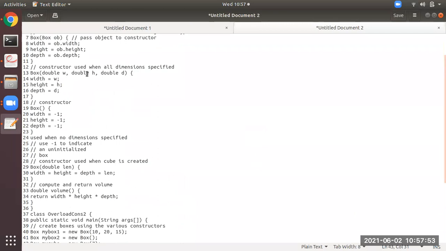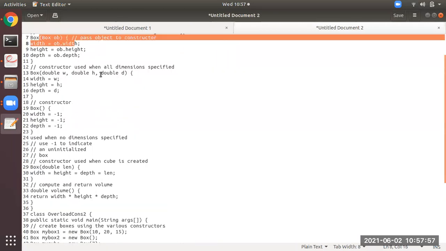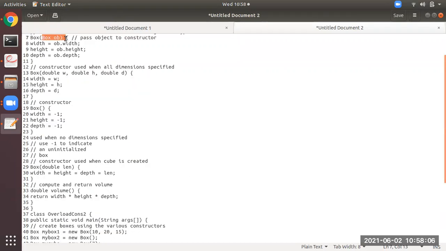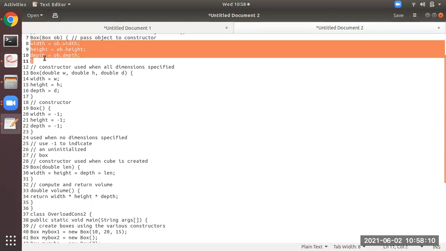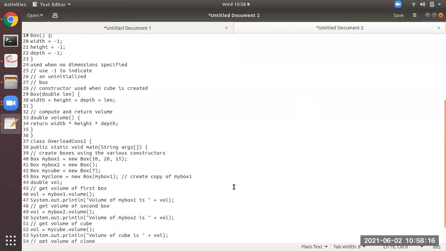So what will line number 7 receive? See here, my box 1, which is passing 10, 20, 15. So over here OB will receive the values of my box 1, 10, 20, 15. So width, height, depth will receive the values 10, 20, 15. I hope you all have understood this concept.